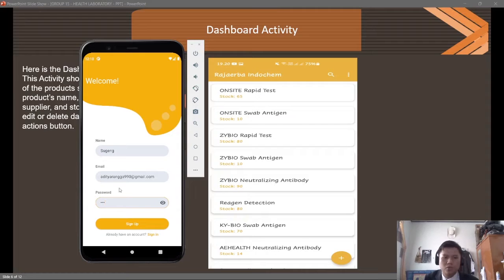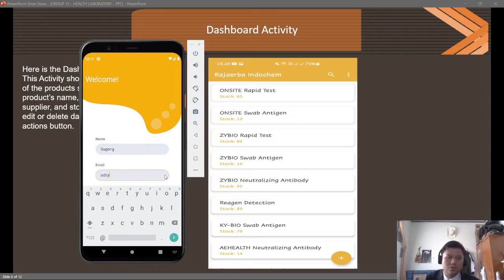And because we use existing email, the error will appear. Or validation. User already exists with same email. Okay. So we must use a new email.